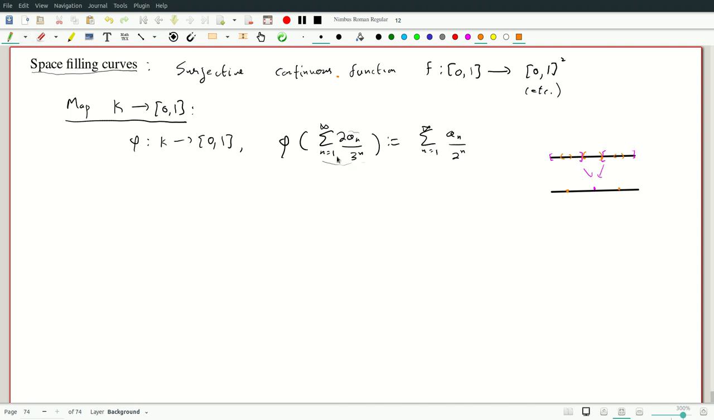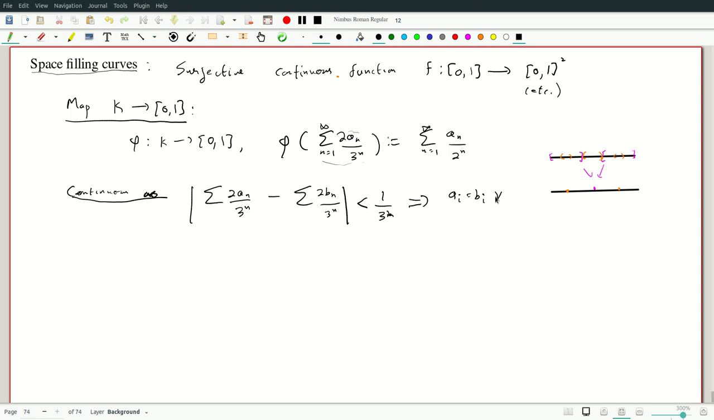Okay, so why is this continuous? This is continuous from the previous lemmas. Let me just point out the main inequality and leave the epsilon-delta details to the listener. So continuous as, if I have the sum of 2a_n by 3 to the n, and if the difference between these two sums is less than 1 over 3 to the k, so I've taken my delta of the epsilon-delta to be less than 1 over 3 to the k, then this implies that a_i equals b_i for all i less than or equal to k, which implies, with a binary version of our other lemma, that the sum of a_n by 2 to the n